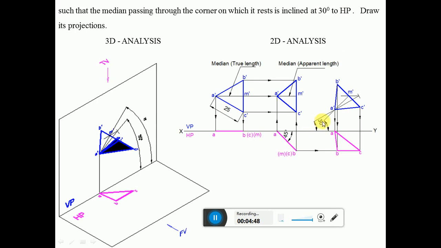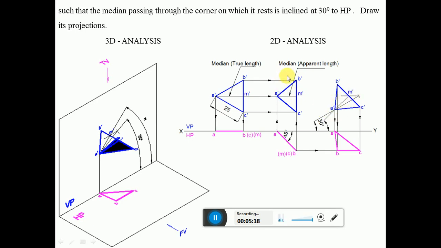So first you have the true inclination line, and then you find out the apparent length by transferring the distance. First you take the true inclination of this, and on the 30 degree line consider any point and cut an arc on the true inclination, the true length of that line of the median. Then draw a horizontal locus line, and then you take the apparent length of the median in the second position front view, and cut it on that locus and draw this line.